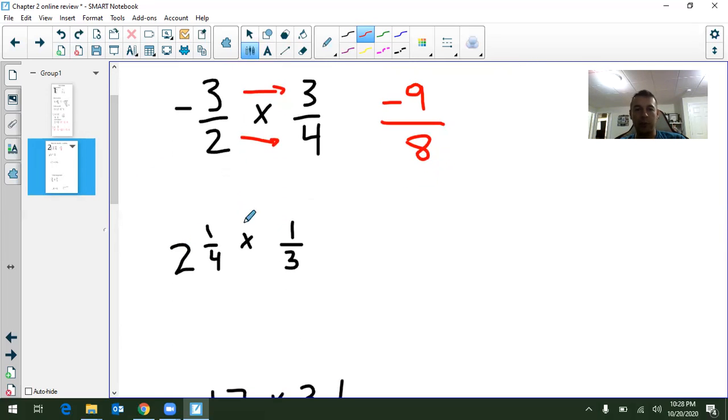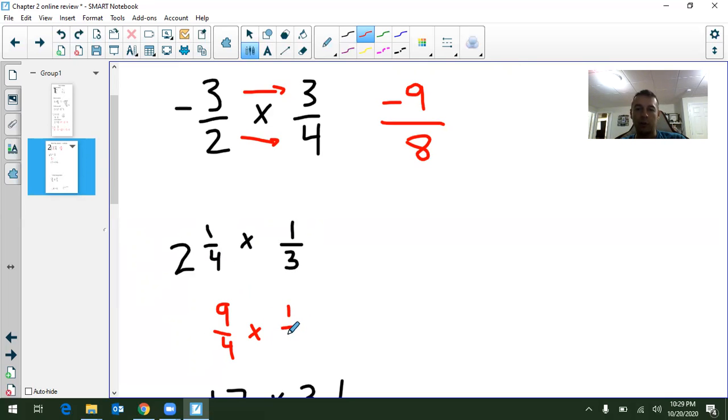Next one, 2 1/4 times 1/3. So we are going to take this mixed number, it has a whole number out here, and we're going to turn it into an improper fraction. To do that, we're going to take this 2 times the denominator of the bottom number, which is 2 times 4 is 8, and we're going to add the top number, which is just 1. So 8 plus 1 is 9. So we'll have 9 over 4 times